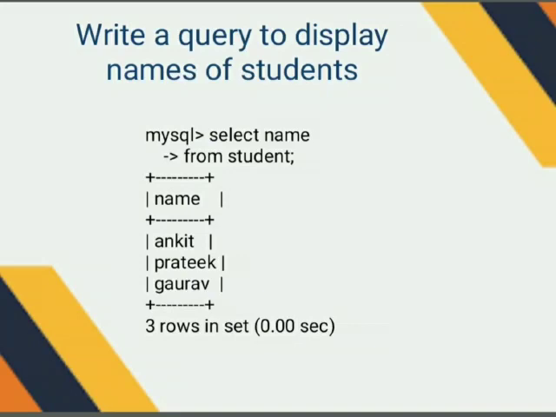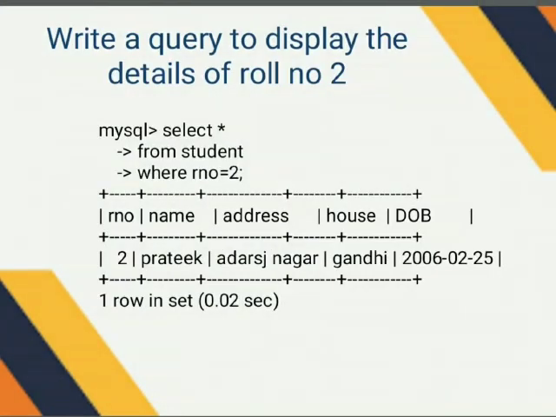So in this particular query, what have we written? Select name from student. Student is the name of the table. It is given with the help of the from clause. Select is the clause in front of which we write the name of the attribute to be fetched. Whatever you want to fetch, that particular attribute name will appear in front of the select clause.